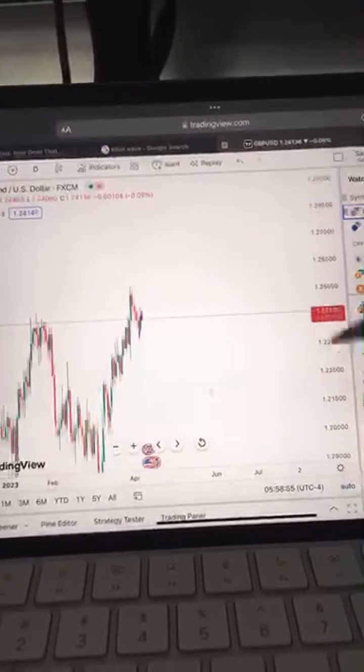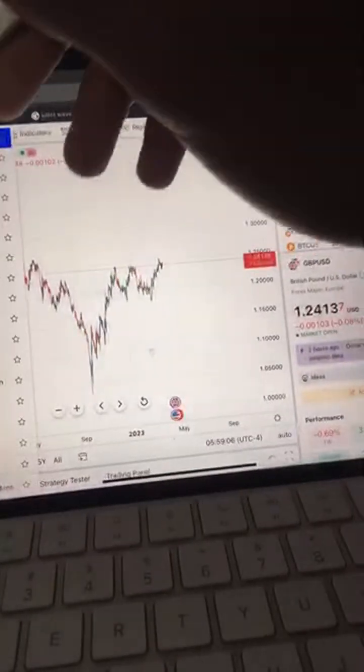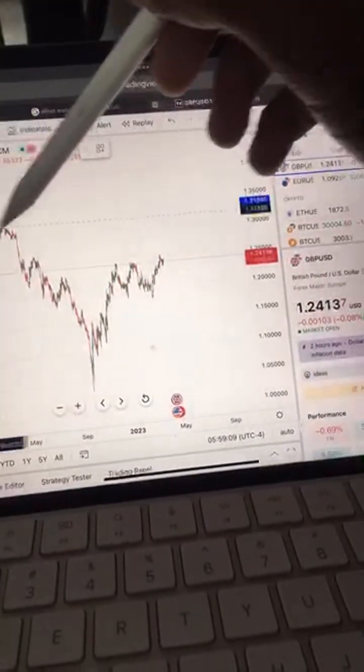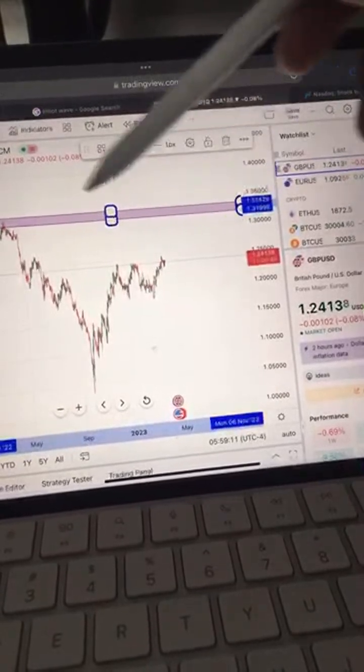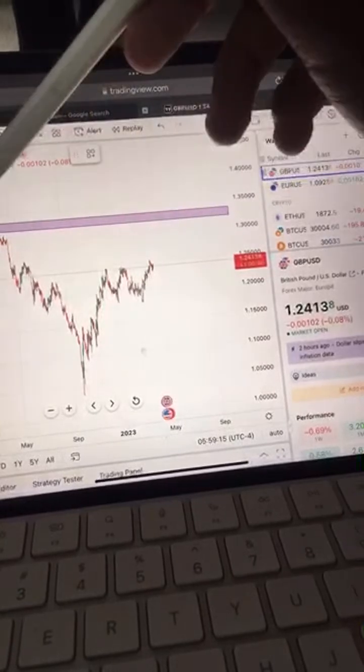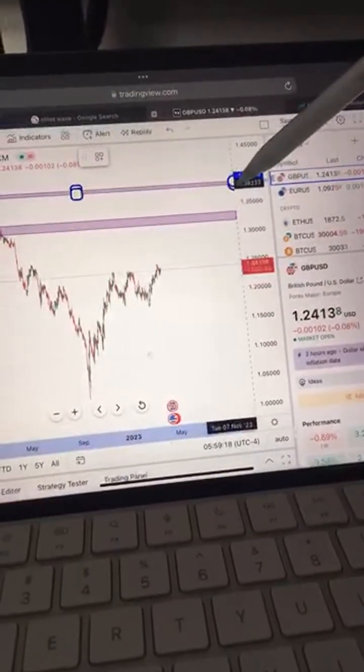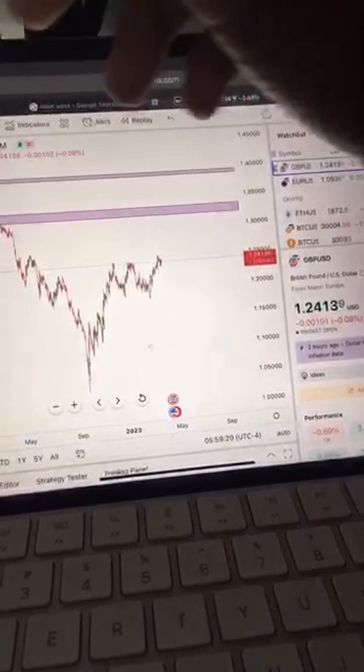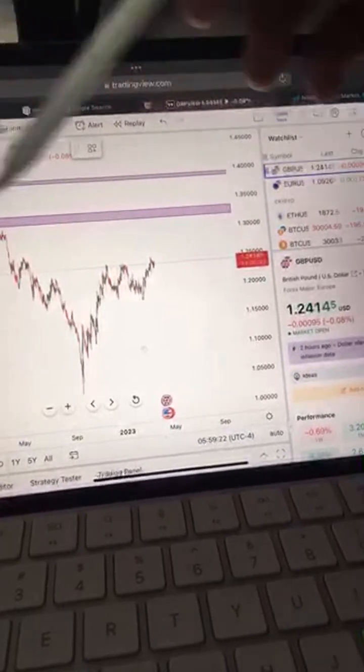This is my daily time frame. Let me first start at day 1 to see what is going on. All right, here is my resistance right here, and here is my main resistance where the price was failing to break. So I will start here